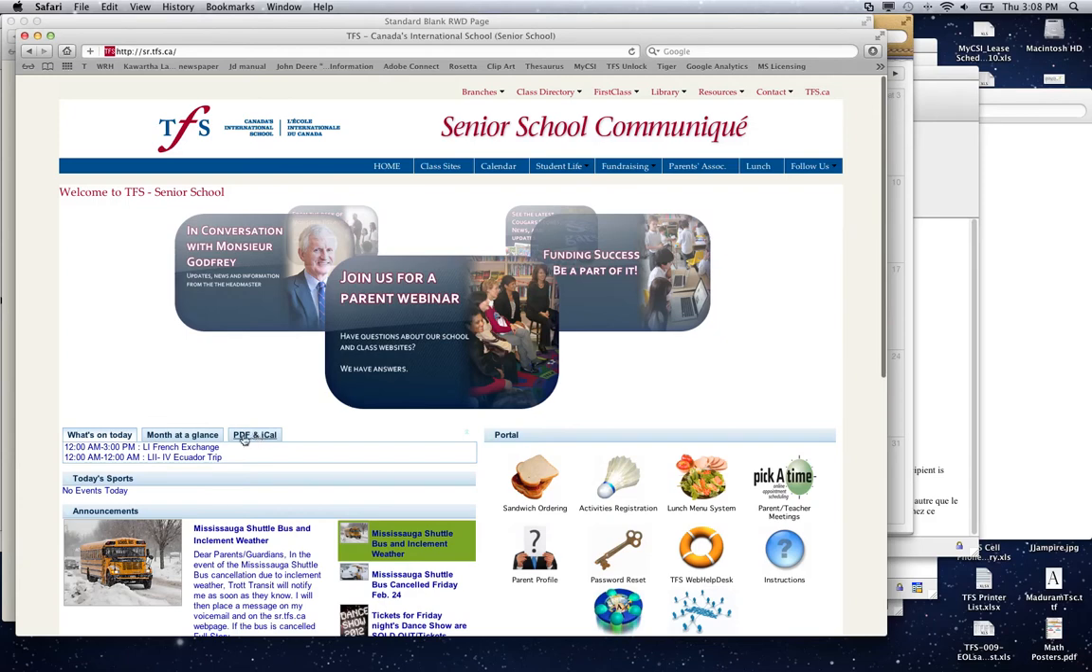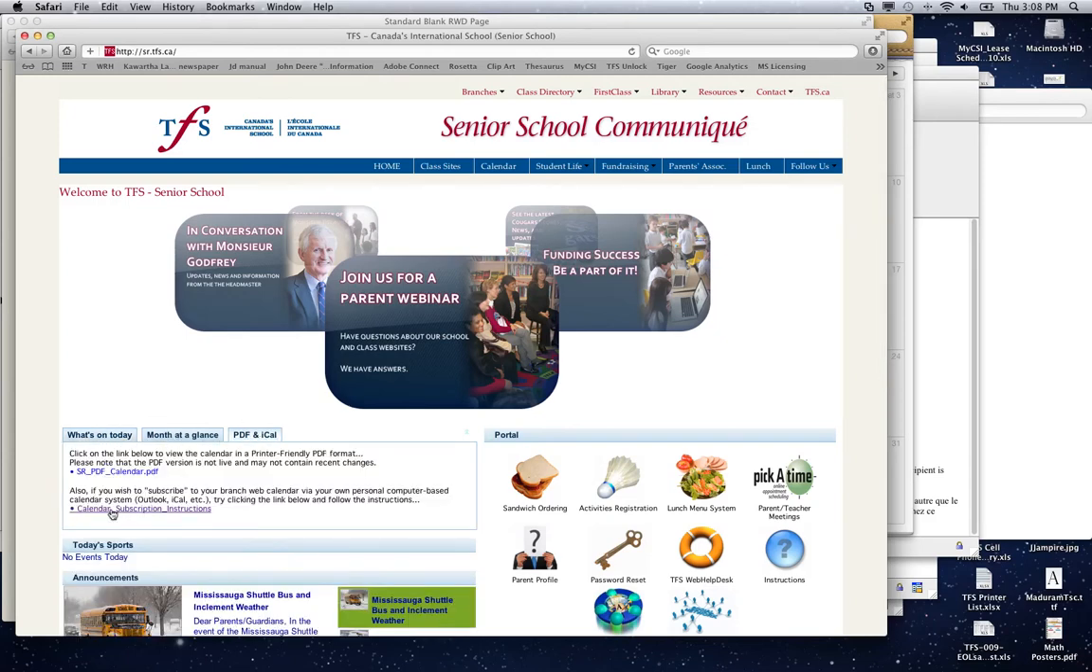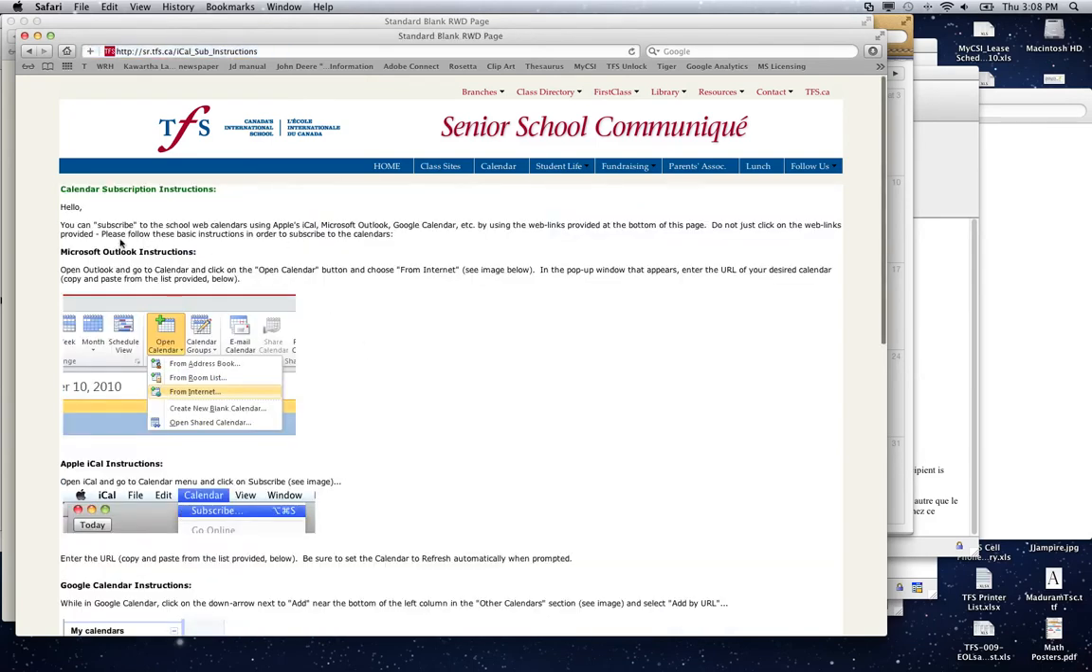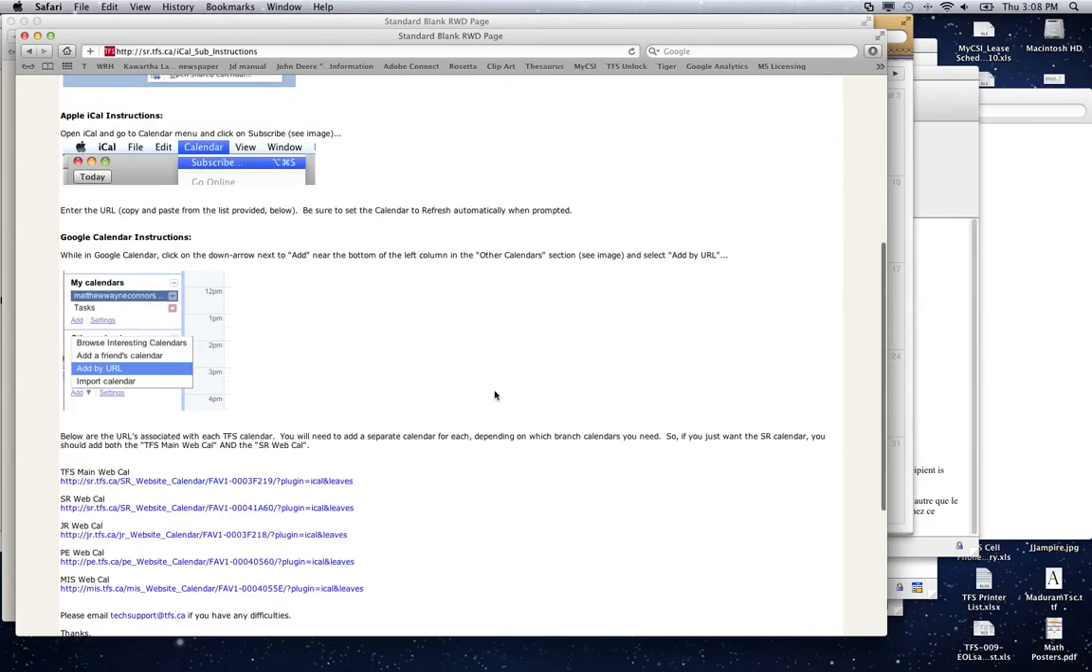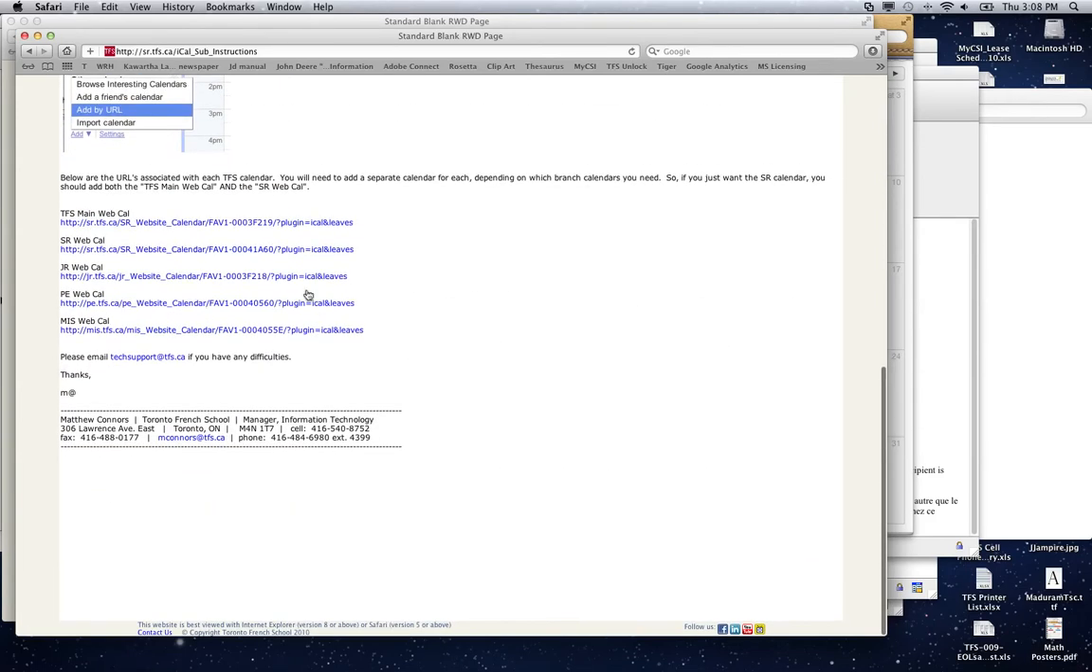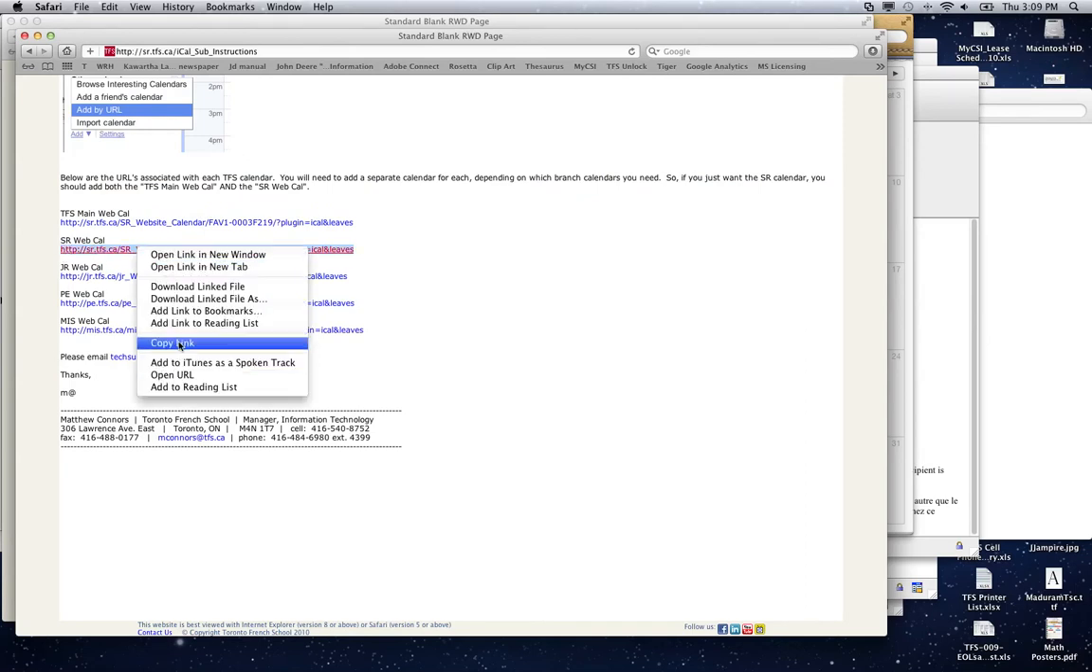If we click on the third tab over, PDF and iCal, and then below that we see calendar subscription instructions. It gives you instructions for subscribing to the various calendars in iCal. Now I give you some sample calendars that you can subscribe to: the Mississauga, Petite École, Junior School, Senior School WebCal, and the TFS Main WebCal. So if we take that URL for the Senior School web calendar and we copy that,